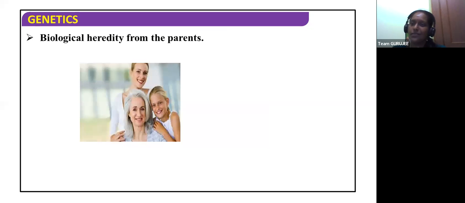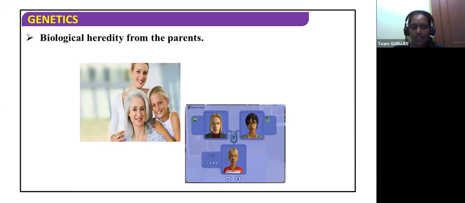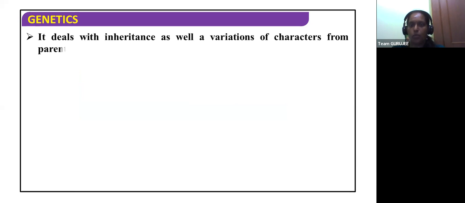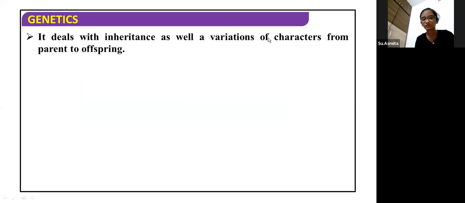So what is the difference between inheritance and heredity? Who's going to tell me? Are these words the same or is it going to be a different thing? So what is inheritance? What is heredity? It's just a guess. Inheritance might be from one generation to the next generation alone, but heredity is a sequence of generations where one character is passed to every single generation.